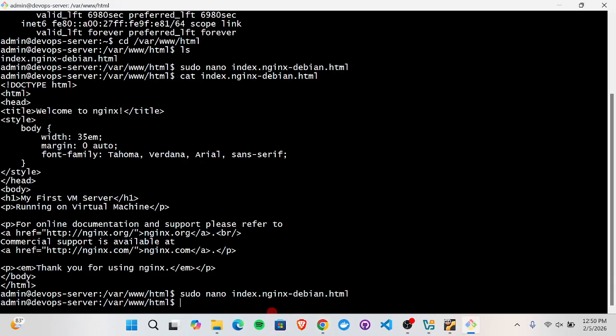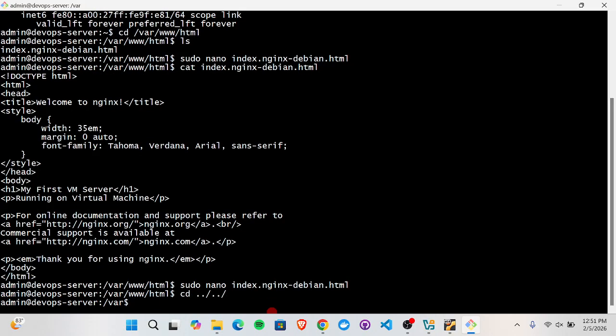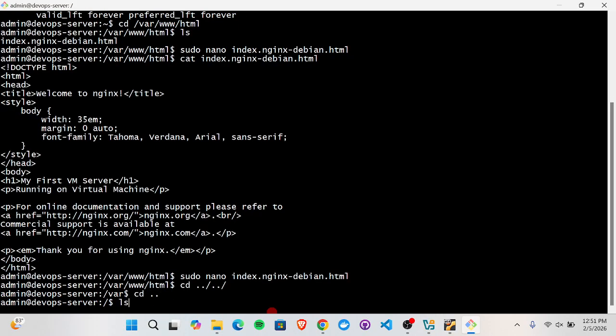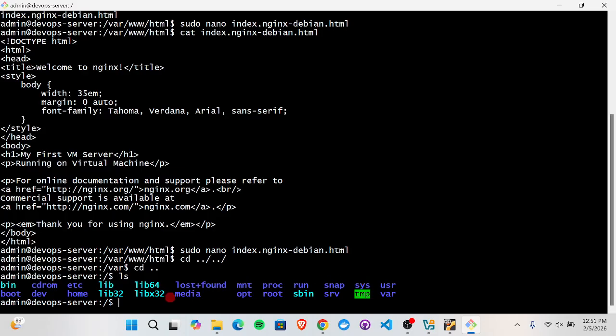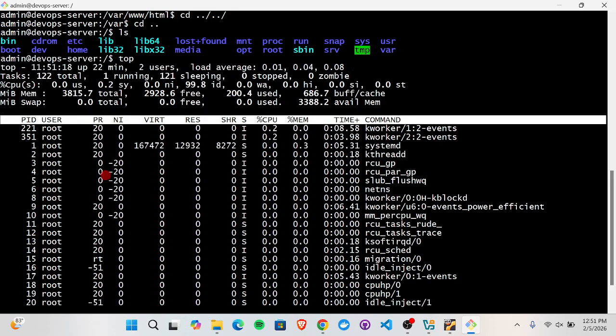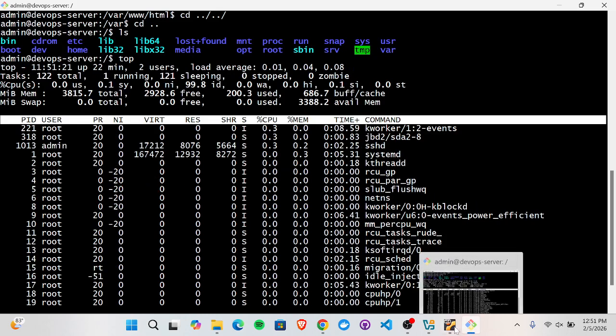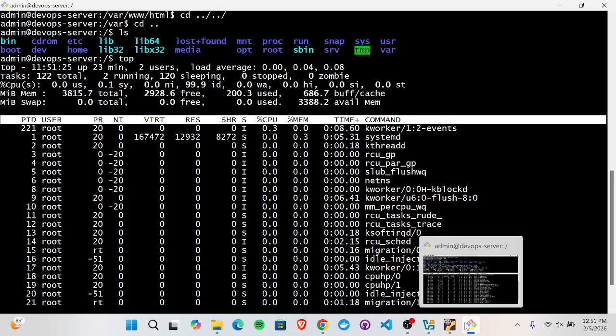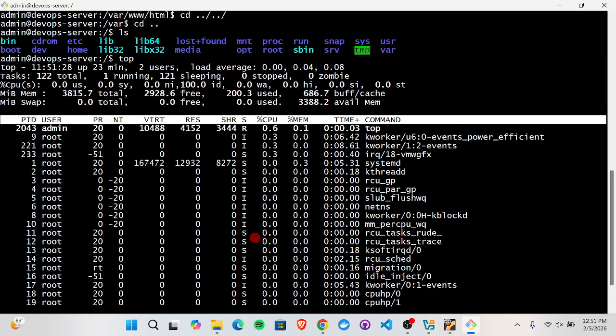Let's go back. Just a minute. Let me go back. ls. So I've gone back to this part, and then now to monitor the resources we have top. Look at this now. So what it does is it shows the real-time CPU usage of this virtual machine, of this server. It shows the CPU usage, and then the